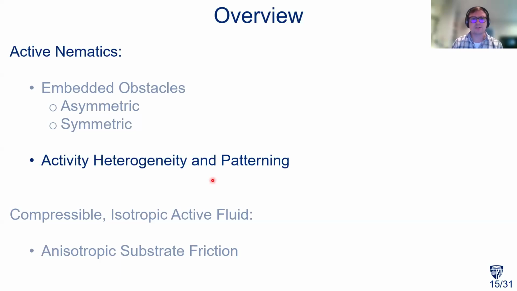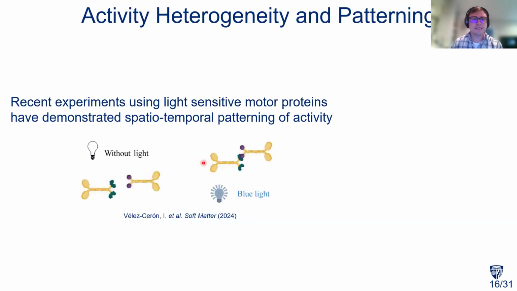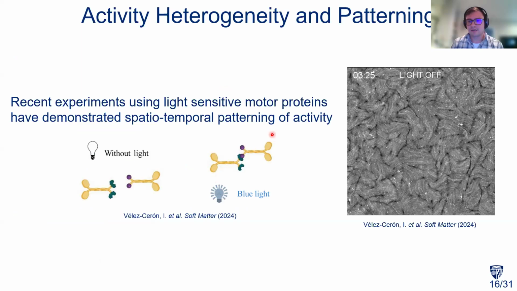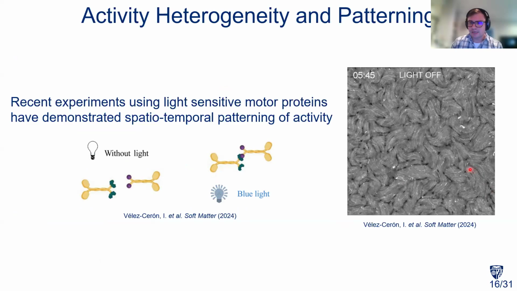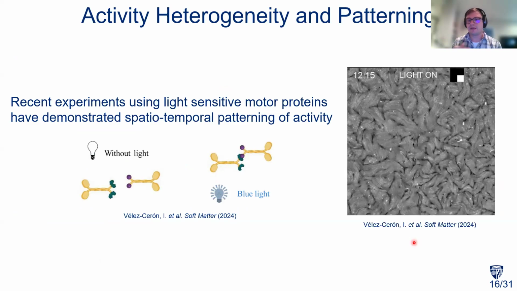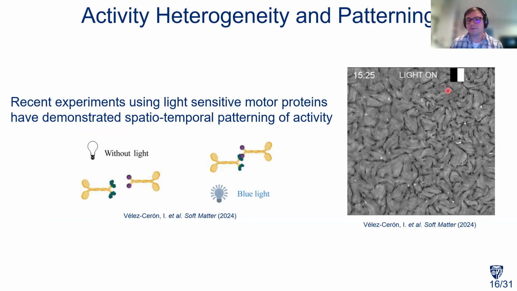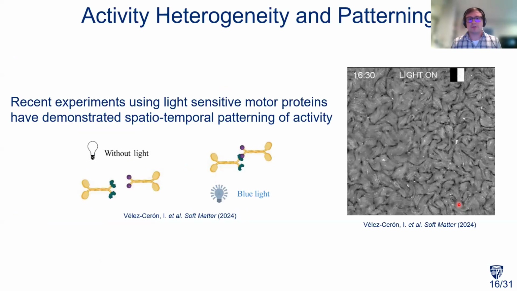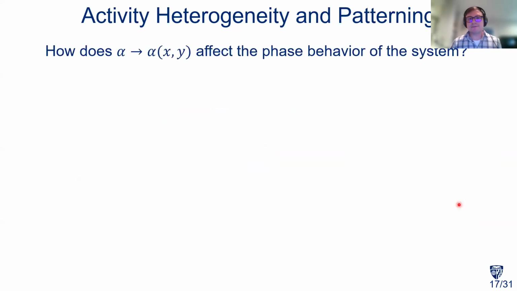And we were inspired to look at this problem by recent experiments that used light-sensitive motor proteins in these microtubule kinesin systems. Just to show you the experimental image, if the researchers shine light in the bottom corner, they can make it much more active than the rest of the system, and spatiotemporally pattern the activity. We were interested in asking the question, how does this affect the overall phase behavior? Can you still get active turbulence even if you have heterogeneous